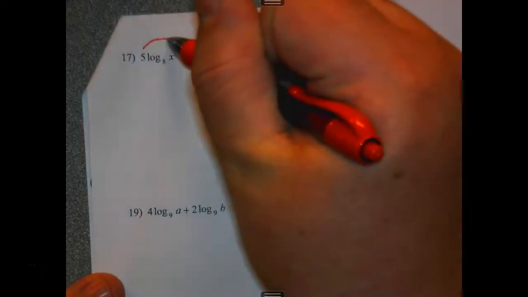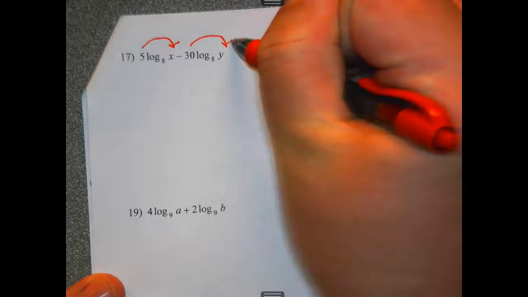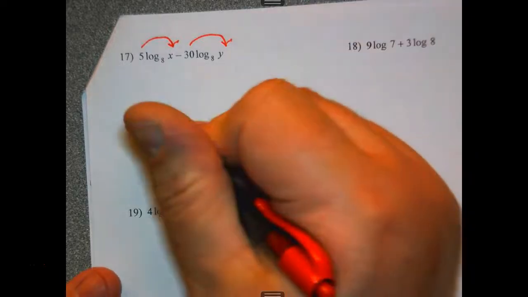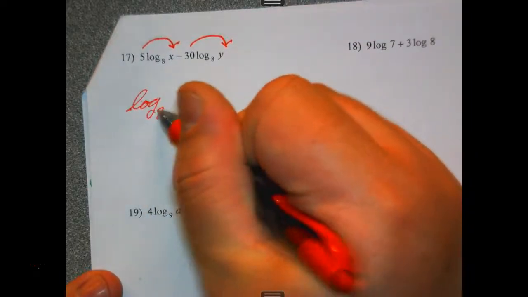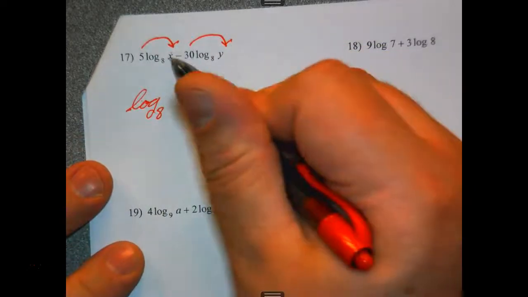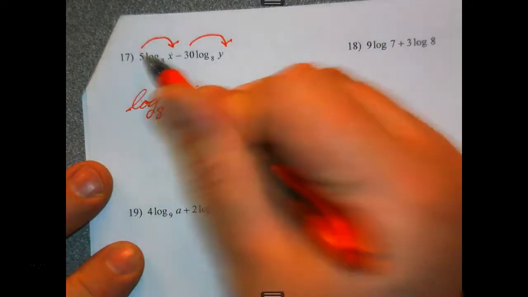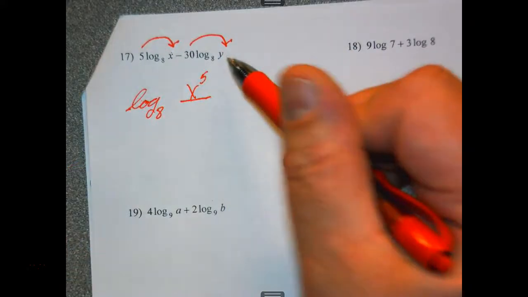Number 17. The number becomes an exponent of x. 30 becomes the exponent of y. Subtraction, so what do I do between the numbers? Divide. My numerator, x to the fifth. Denominator,